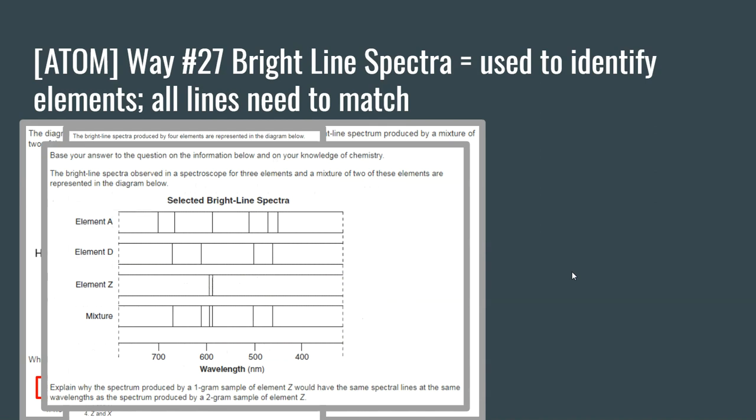Okay, it says explain why the spectrum produced by a 1 gram sample of element Z would have the same spectral lines at the same wavelengths as the spectrum produced by a 2 gram sample of element Z. Well, remember, all the elements' spectral lines are unique to that element. So whether we use 1 gram or 2 grams won't matter because the bright line spectra will be the same. So to answer this question,